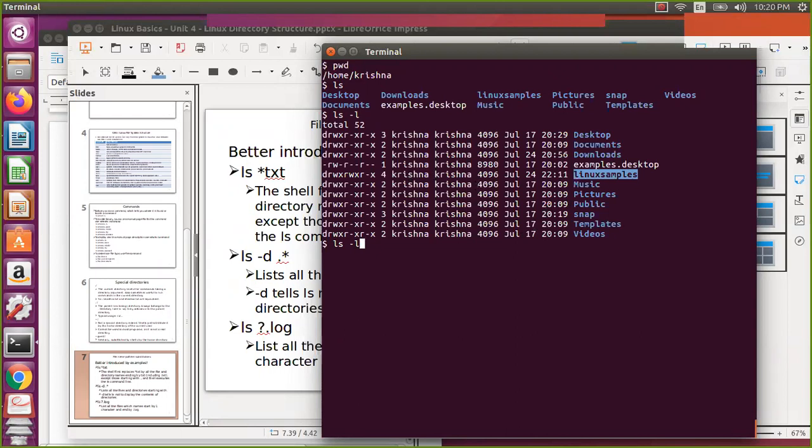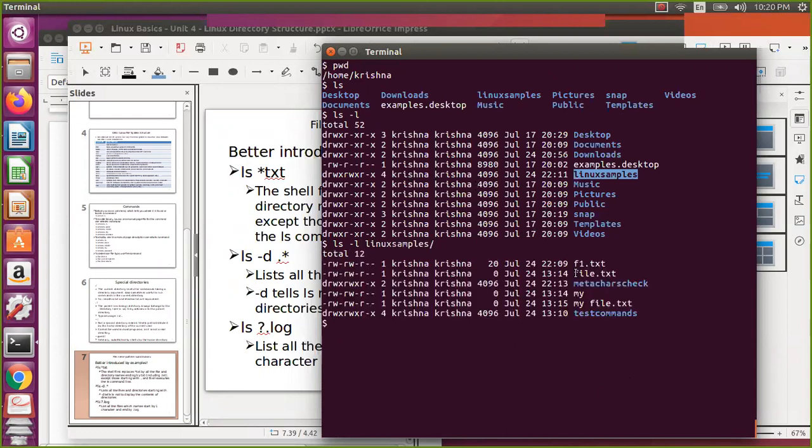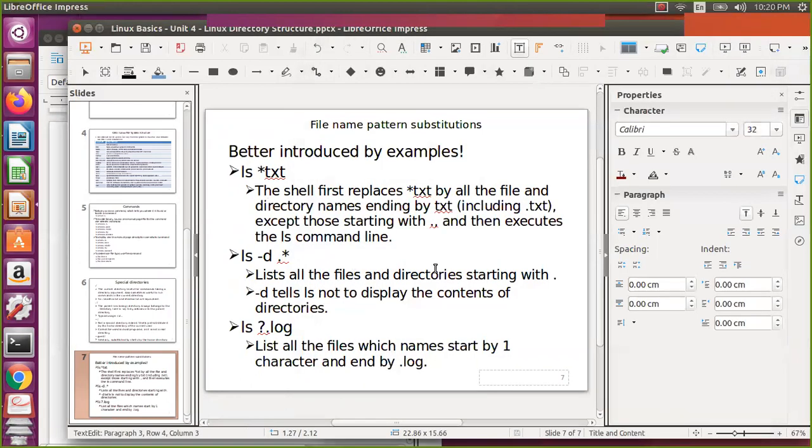But if I say ls -l linux samples, it will give the contents of linux samples. But let us assume you don't want that, you want the directory itself, then you can say ls -ld. So don't give directory contents, give only the directory. That's what we are telling. This is what it means.